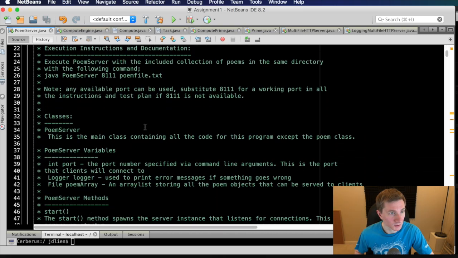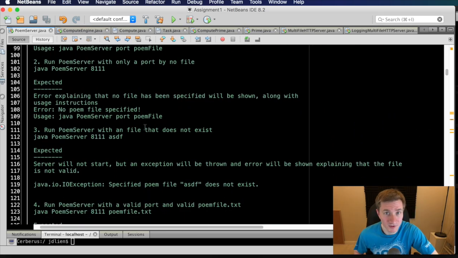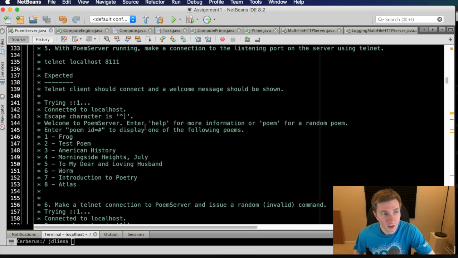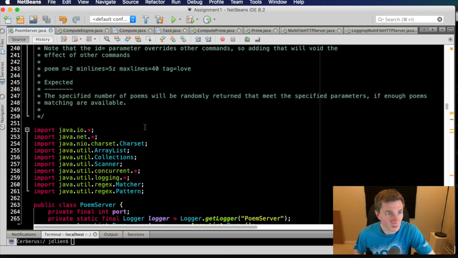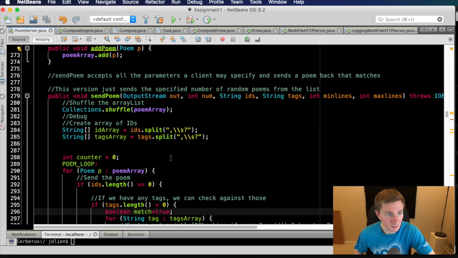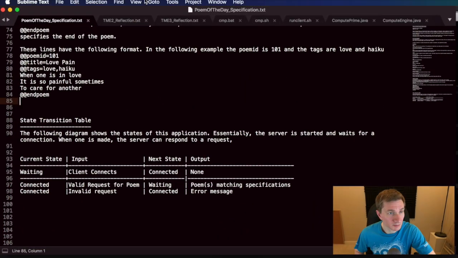All right, so here's my code. Essentially, I just took the old HTTP server from the previous assignment, gutted it, and rewrote all the HTTP request handling to handle my special requests for poems. This is my test plan here. I will show some of that in a second, but I wanted to do the, if I can find it,